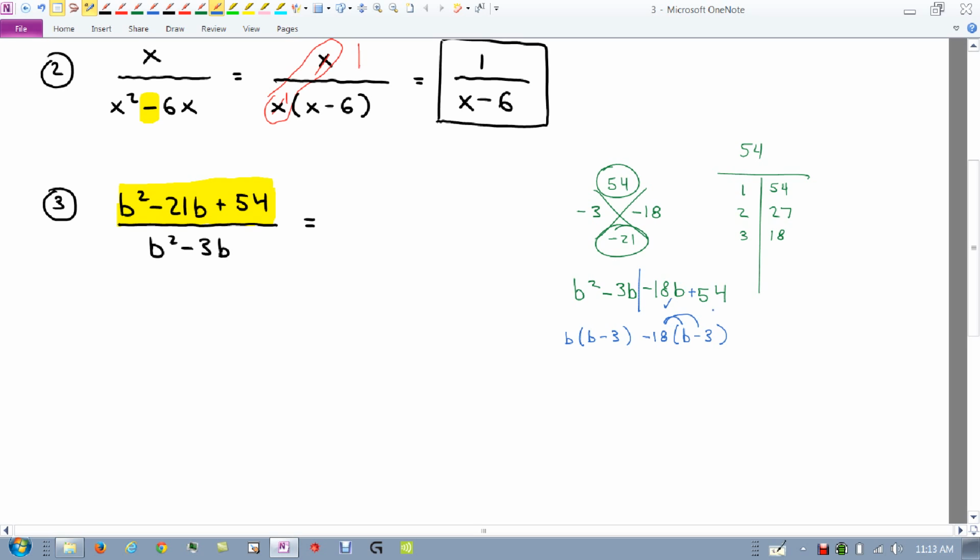I get negative 18 times negative 3, I get positive 54, so that works. So I'm left with here b minus 3 and then b minus 18. So that's what the numerator is going to become. Now in the denominator,